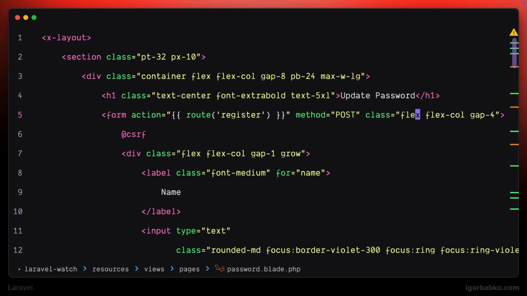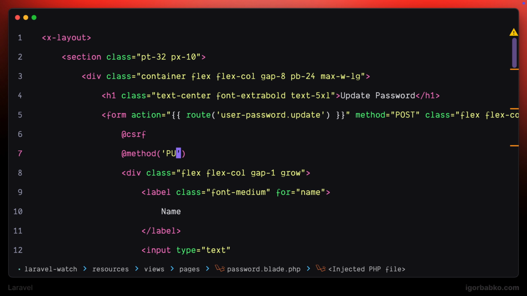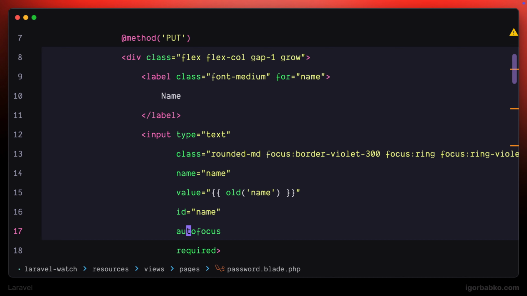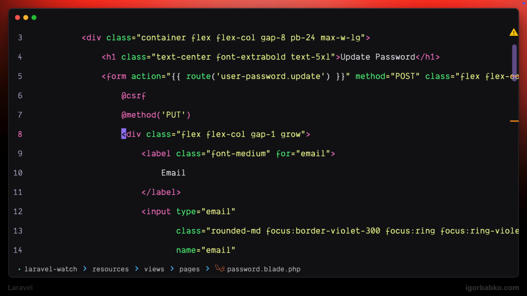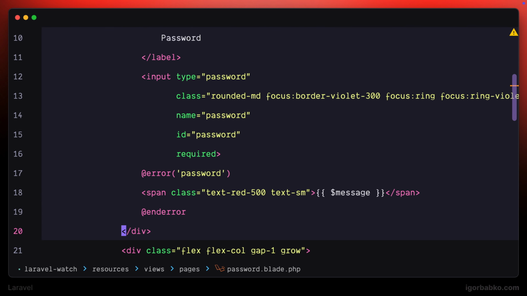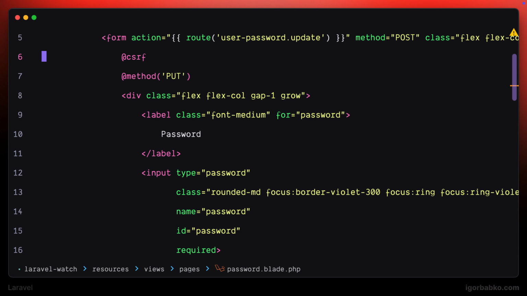Let's use this route name right here for the action attribute. And to specify HTTP method, I'm going to use method directive and use put. Alright, so let's remove all extra fields which we don't need in this case. We will only use current password field, password, and password confirmation. I'm gonna duplicate one of those fields and call new field current password. At the same time, let's use the same name for name and ID attributes,